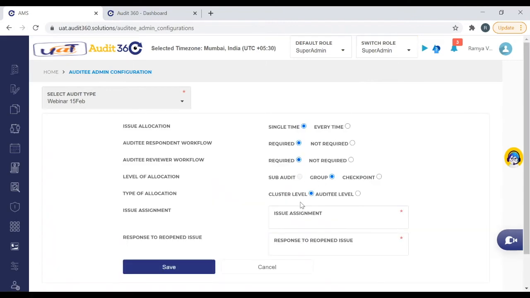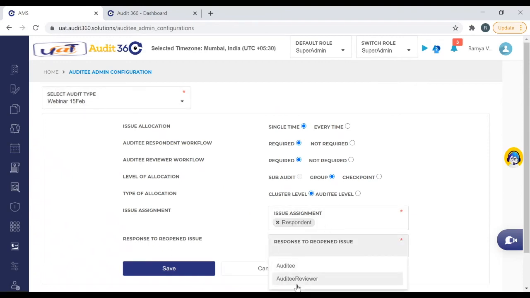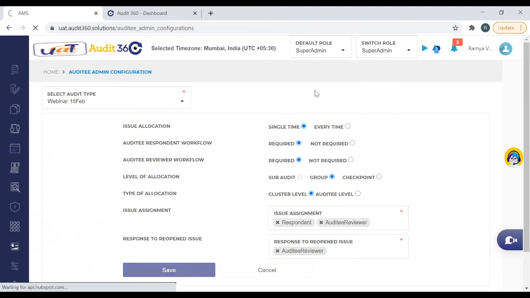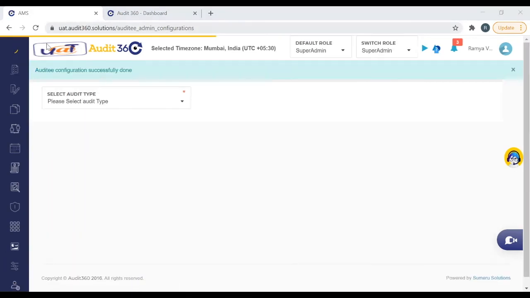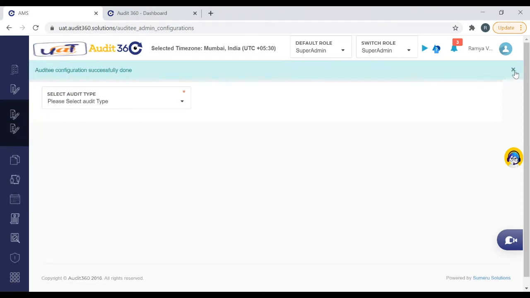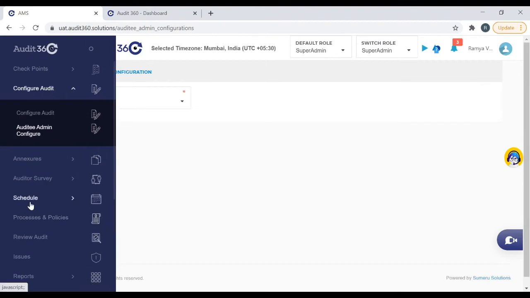So I'm just doing the allocation, respondent and audit reviewer. So this is about the audit configuration, which is part of your configure audit. Only once this configuration is done, we will be able to start scheduling the audit.